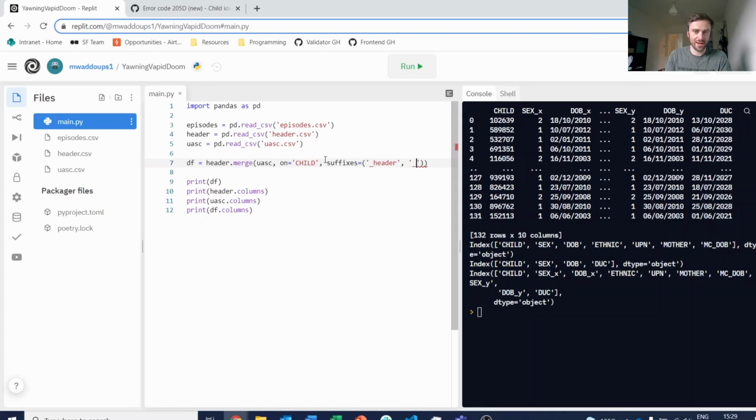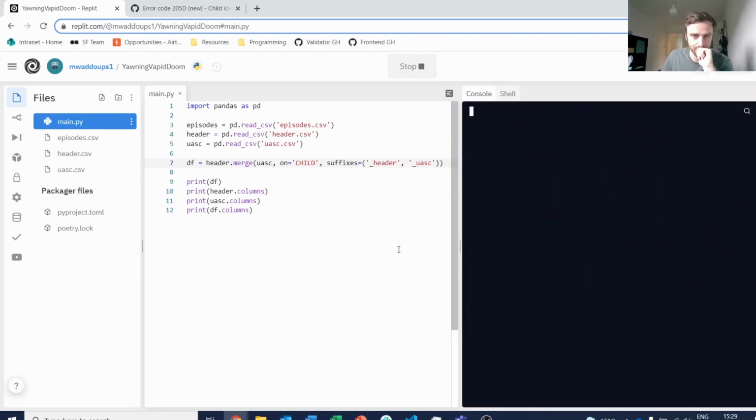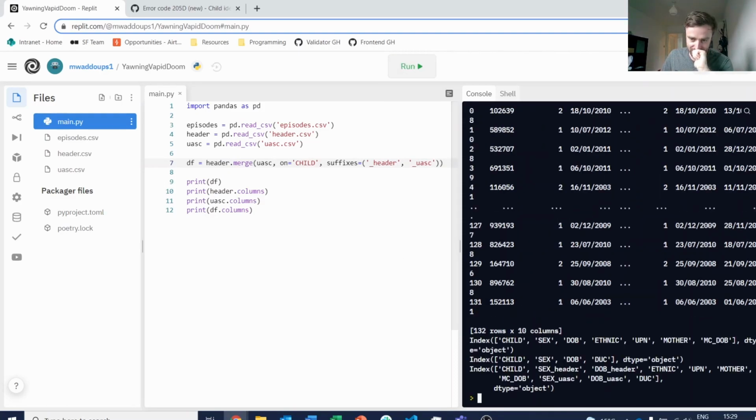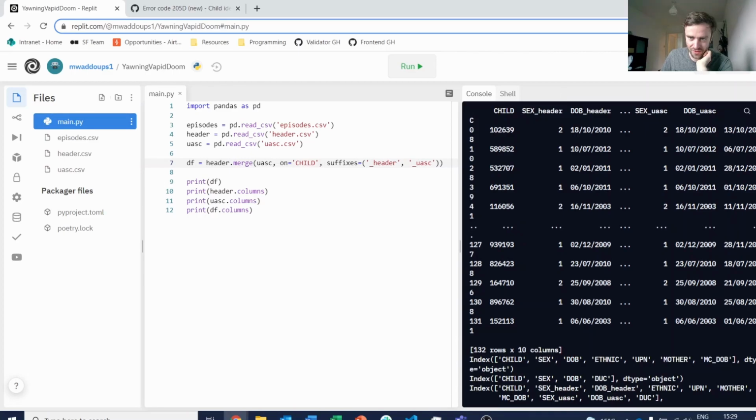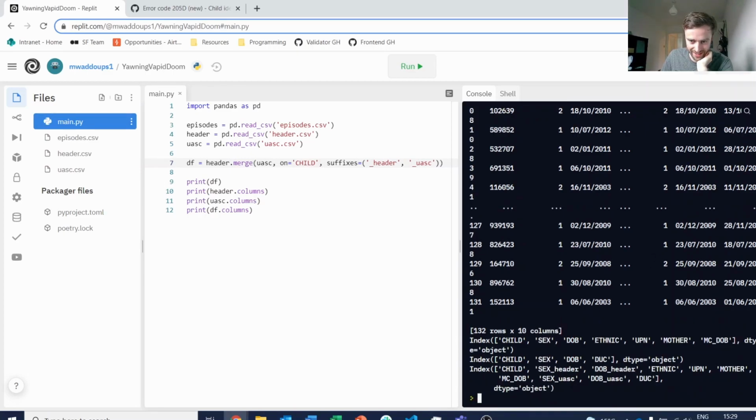So _header, _UASC, and if I run that again, you'll see that now the columns are called... the data itself is printed out in a bad way here, but you can see the columns called sex_header, DOB_header, sex_UASC, DOB_UASC. So this is helpful for checking things like, is the date of birth in the UASC file the same as